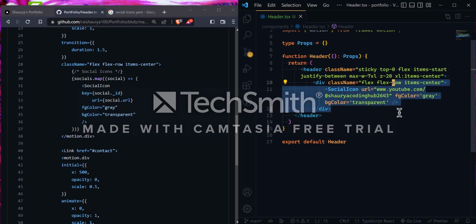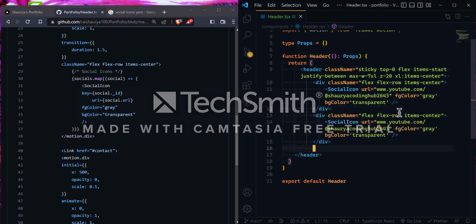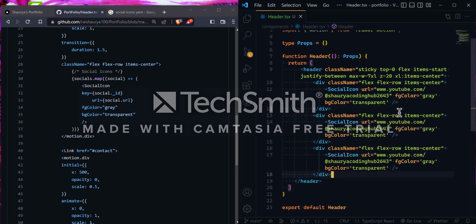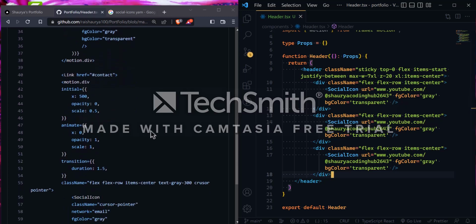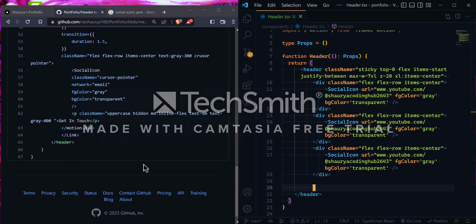I'll copy the div itself, go ahead and paste it. And after doing that, we will go to here. After loading this div, we will create another div,